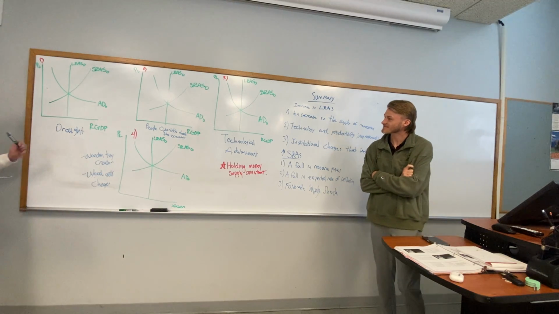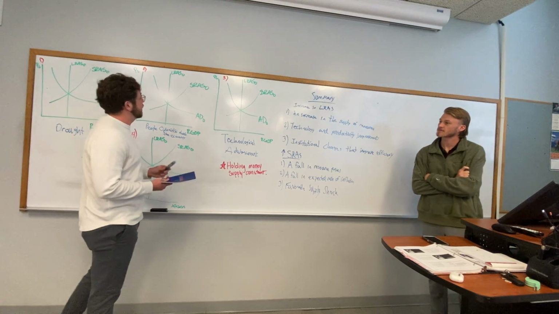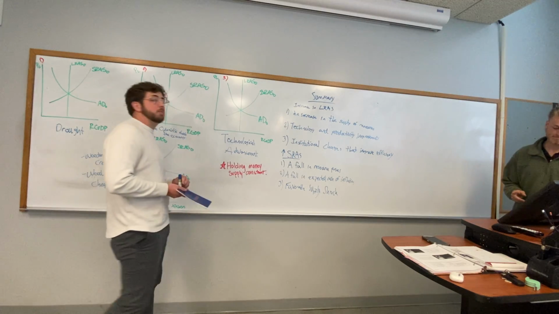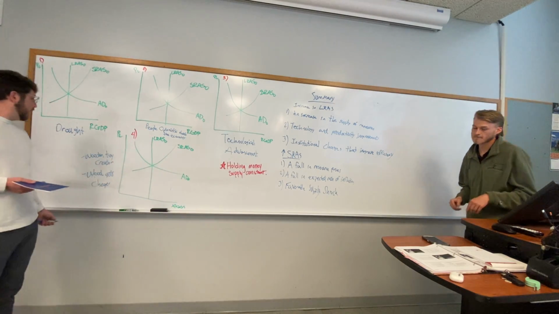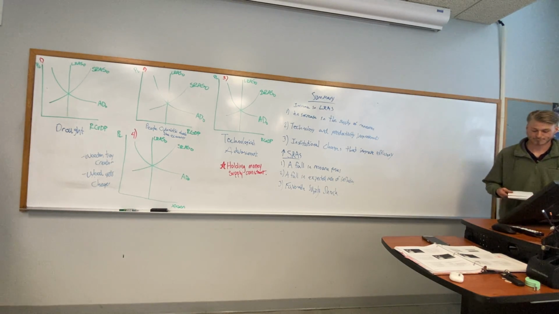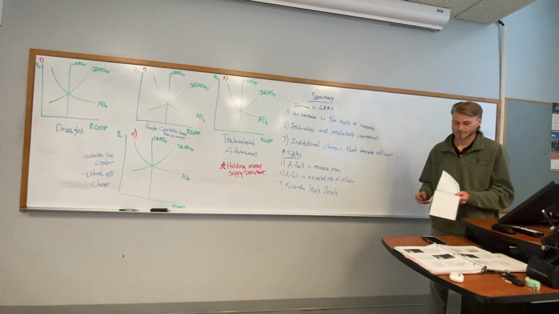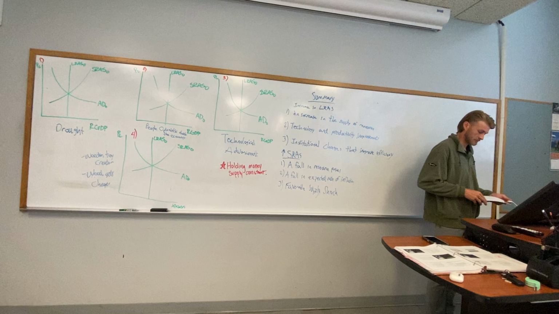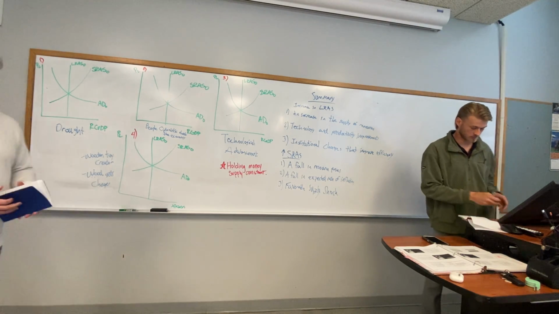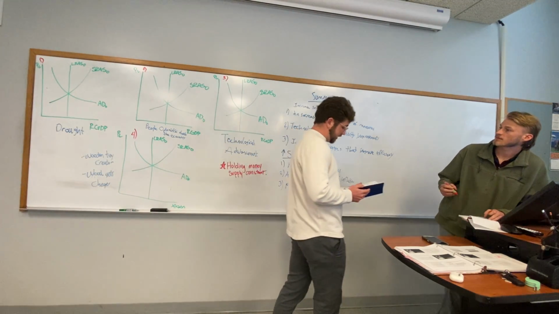All right. On the first graph, there's a drought. Please give me your shift. On the second graph, people are optimistic about the economy. Give me the shift. There's a technological advancement in number 3. Give me that shift. And in 4, you're a wooden toy creator and wood gets cheaper. You can just do small little graphs. It doesn't have to be anything big, it doesn't have to be artistic. You can fit 4 of these graphs on a piece of paper, and there's 4 different shifts here. You already wrote them down today. We took notes. Show me which way they're going to shift and what it's going to look like.